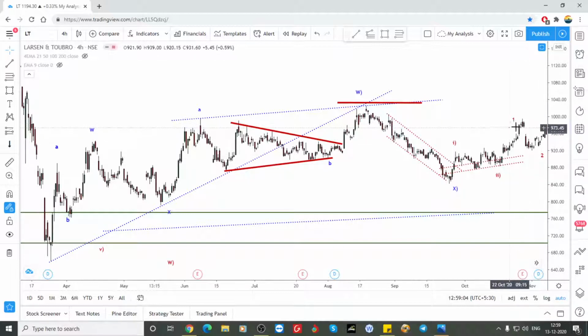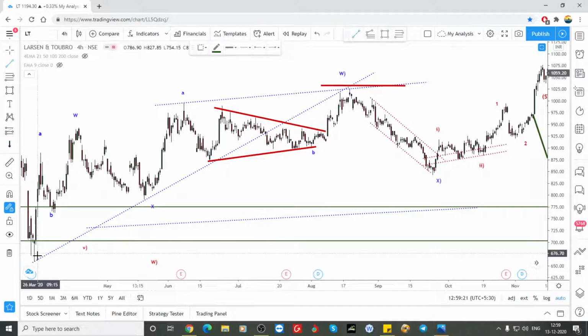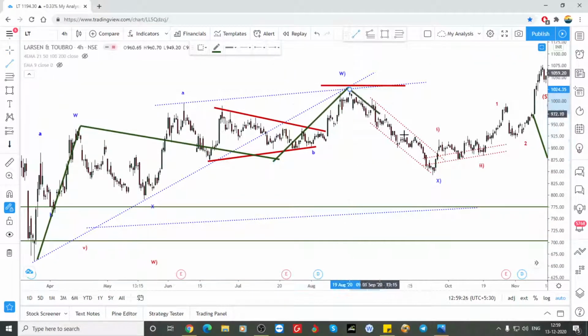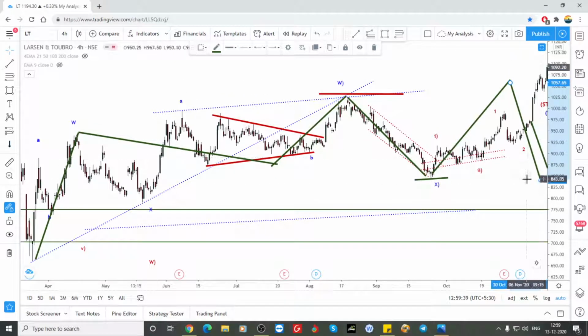And even after I booked, it made a 5-wave structure, and again a 3-wave structure, so I'm looking only for a 5-wave structure to complete that correction. But what happened here? But what is my positional target? This is an A, this is a B and C, so here is a connecting wave. Even if it is in a 3-wave structure, it has to break this, or if it makes a higher high in an irregular flat, it can be a running flat